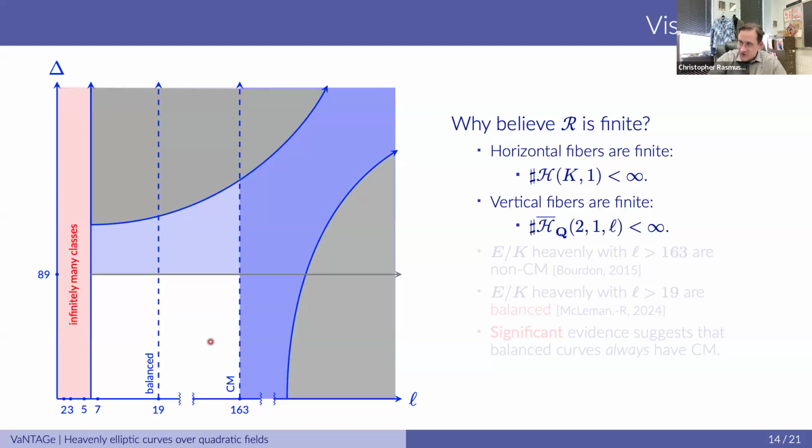But if we account for everything else, we can give some more evidence here. So we'll ignore the fact that at tiny primes we have infinitely many classes, and observe a couple other results that already exist. First of all, Abby in her thesis gave